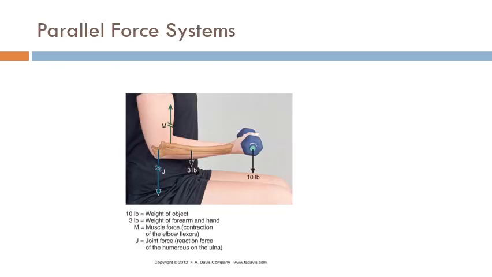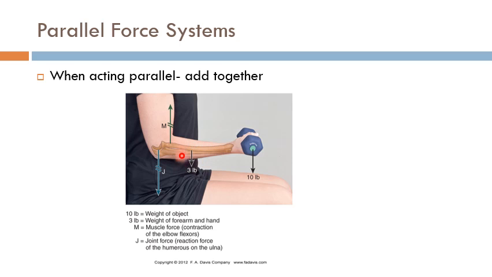Again, we look at parallel force systems. This comes back to the whole concept of force vectors and how they work. When they act parallel to each other, you just add them together. If they're working in different directions, you're still adding them, but then you have to think positive and negative. So if we look at this picture and we're resolving this to find out what the resultant force is going to be, you have the muscle force, you have the joint force,